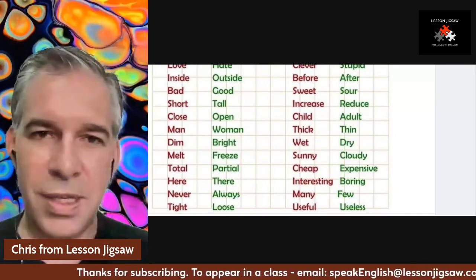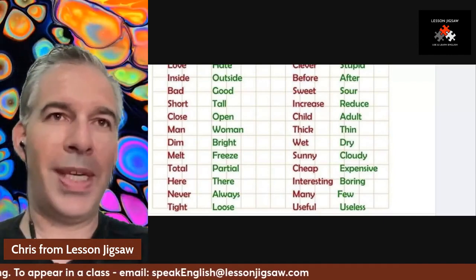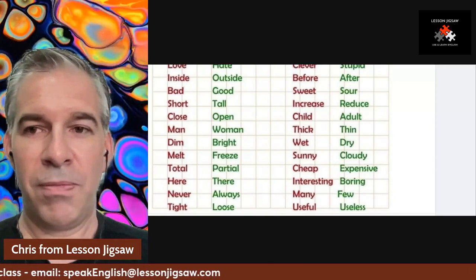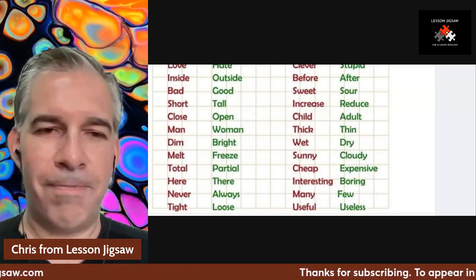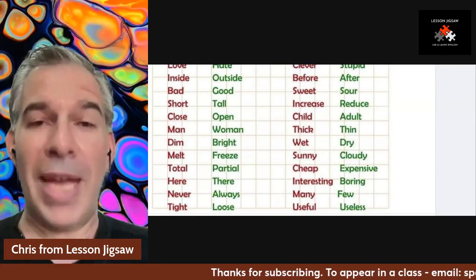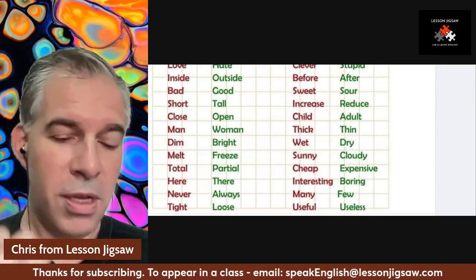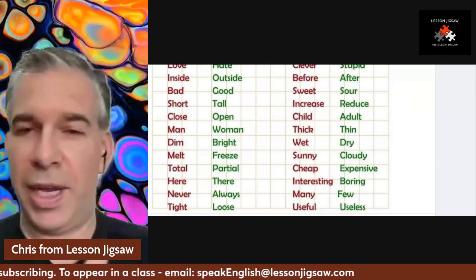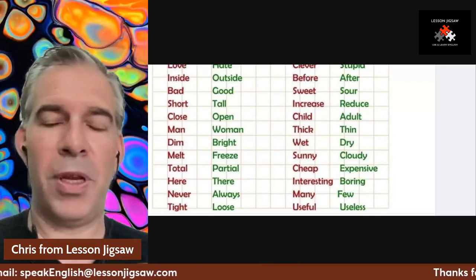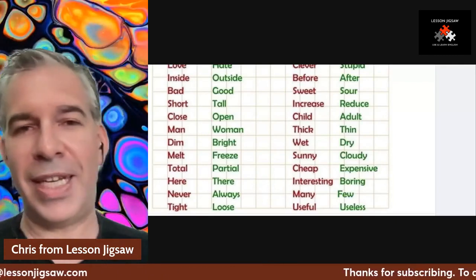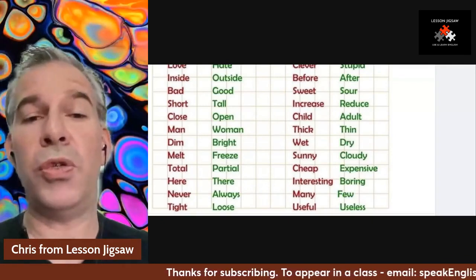So it's not just saying freeze 100 times. It's not saying 20 sentences with freeze, because that's unrealistic. That's not how we normally use vocabulary. It may be worthwhile when you're doing things like that. If you're telling a story, you can ask yourself questions. Or if you have a partner you can speak with, that's even better. Speak with the partner, ask each other questions, have a conversation, where you have the opportunity to use that word